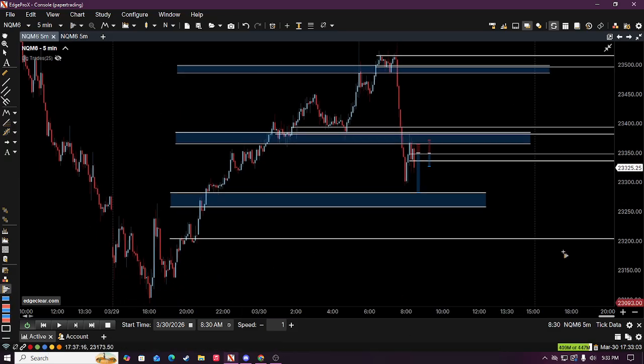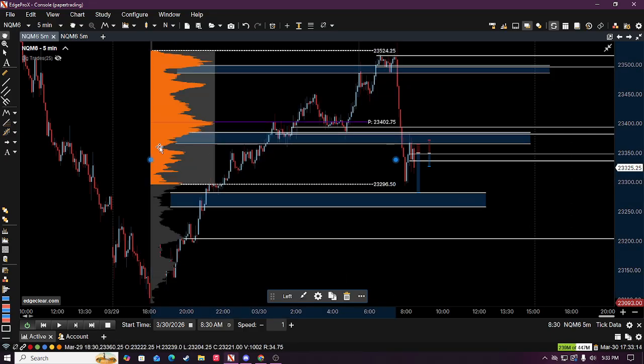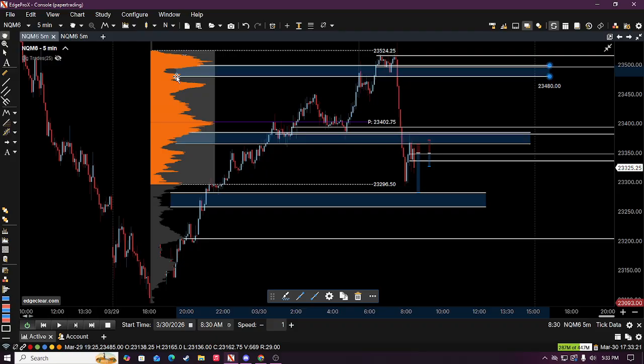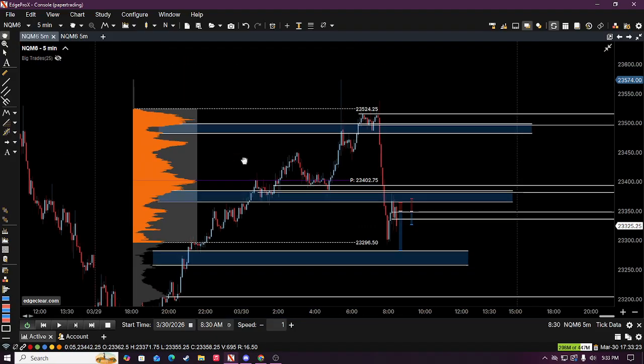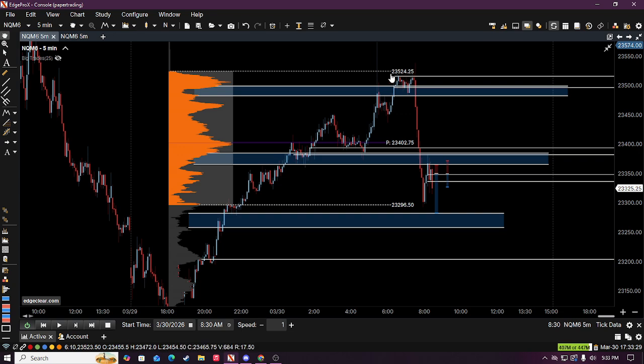So to begin with, as you can see, I'm in replay mode here. We are at the open, so I want to show you guys the logic of my entries. We pretty much just visualize our dealing range. And as you know, from the lower low to the higher high, pretty much swing low and swing high, we mark the volume profile,